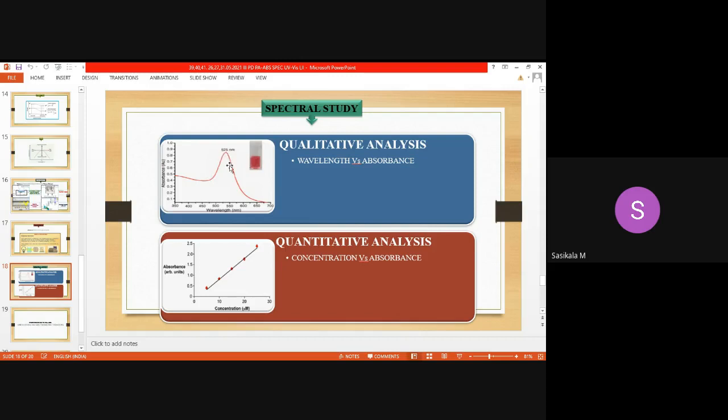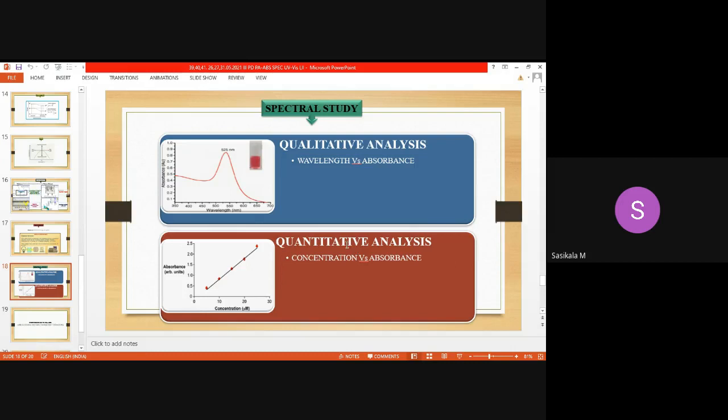So like this, you will get the maximum absorbance for your sample also. The peak maxima represents the maximum absorbance. This 525 nanometer represents the sample which you have analyzed. At 525 nanometer it gives maximum absorbance, whereas the absorbance at other ranges is lower than at 525. So this is the qualitative aspect. When it is compared with the standard absorbance, you can find what kind of sample you have analyzed. That is why lambda max is said to be the qualitative parameter in spectral studies.